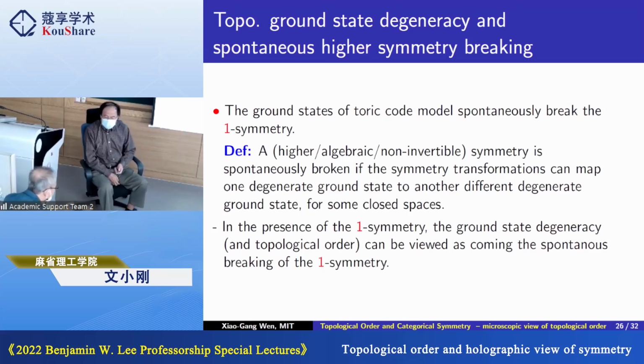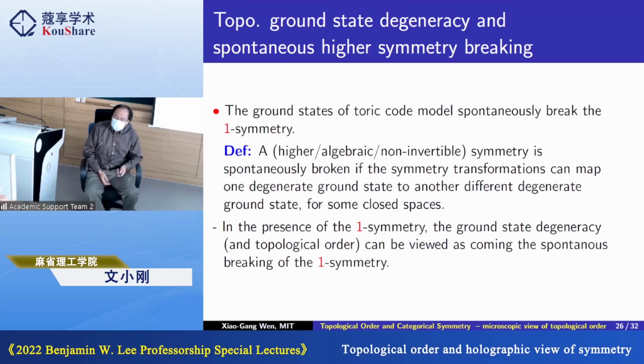Question: physically, how can you break this one symmetry spontaneously by just lowering the temperature? No, it's not temperature changing. Here we already call it the real ground state, so we tune a parameter, like changing the magnetic field. You mentioned an intermediate energy scale. Intermediate energy scale really means that